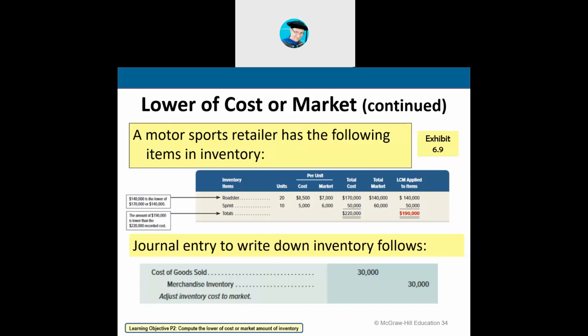For the Sprint car, I have 10 of them. Cost is $5,000. That's $50,000. Market value is $6,000. That's $60,000 total market. The lower of the cost or market, obviously the lower of the two is the cost. And then we add our total together to get our total cost of inventory. In this case, $190,000. And the journal entry that we make for inventory is we debit cost of goods sold and credit inventory